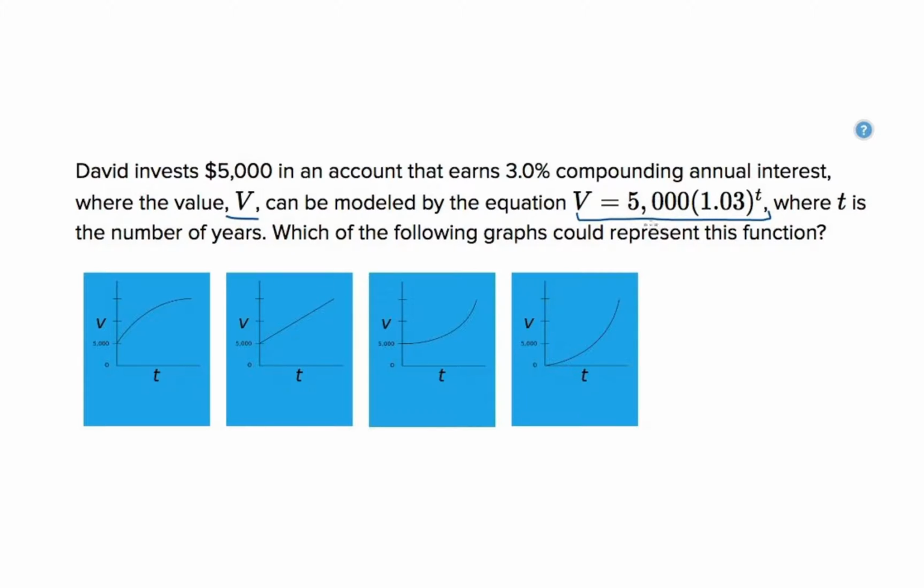Okay, so this is a formula I'm unfamiliar with. It's not like a formula to have memorized. It's just given to us in the problem, and we have to figure out which graph could represent the function that we just read about. So I'm just going to make a note here that V is the value of his money. So V is the value, and that's going up this way. And in all these graphs, it looks like t is time, so it's the number of years, and it's going